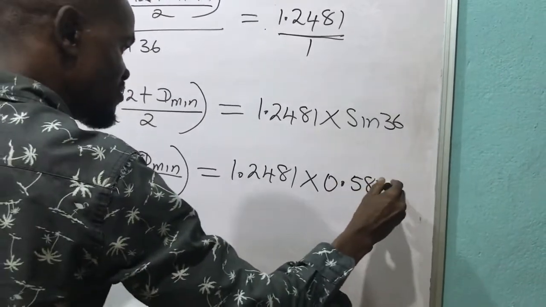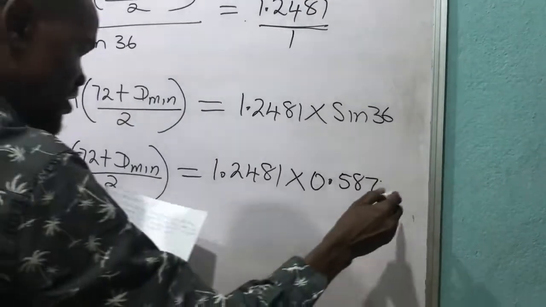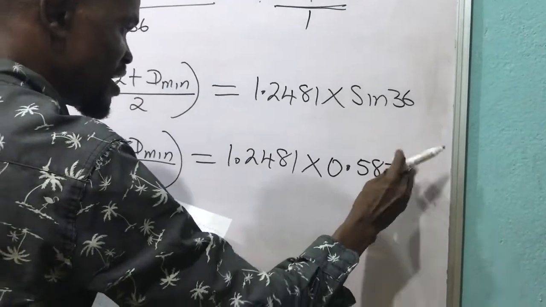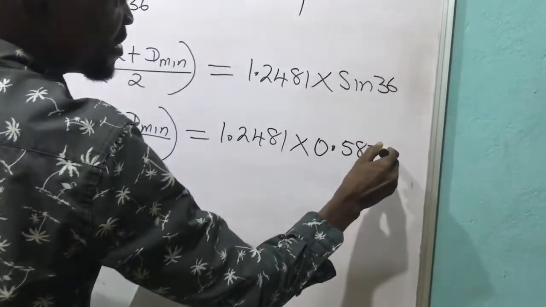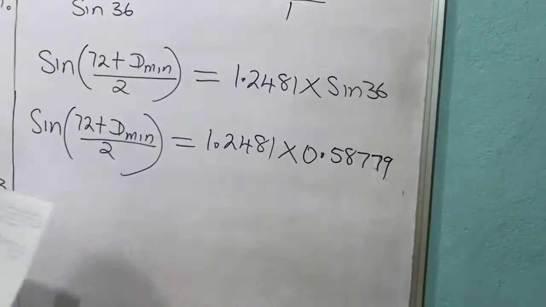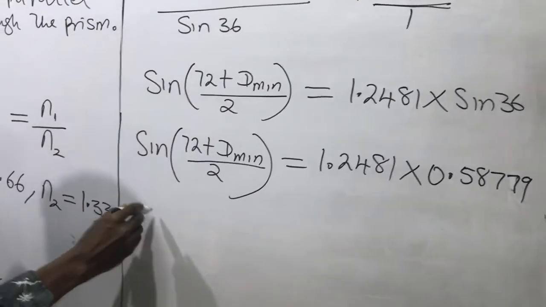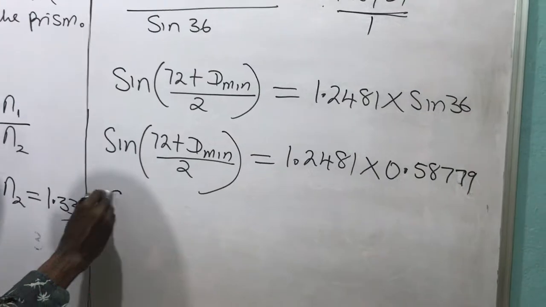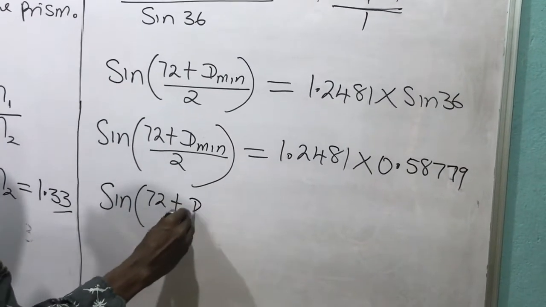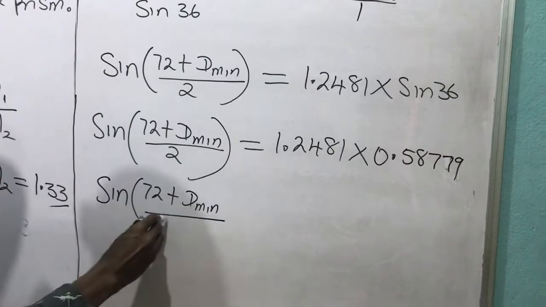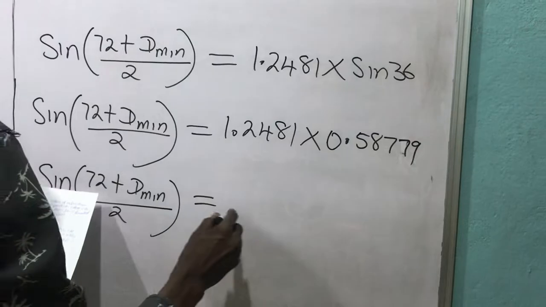Sine 36 will give me 0.587779. Then, taking it over there, I can now say that sine of 72 plus minimum deviation, all over 2, is equal to, when you multiply this,